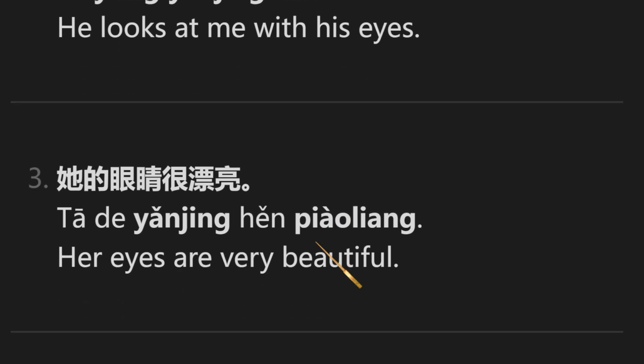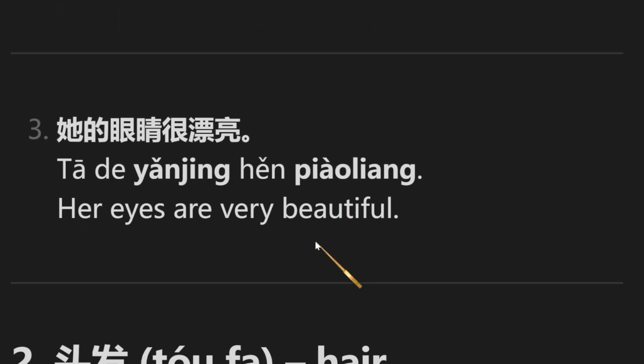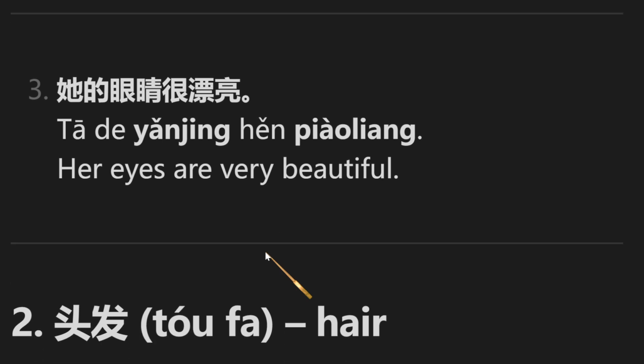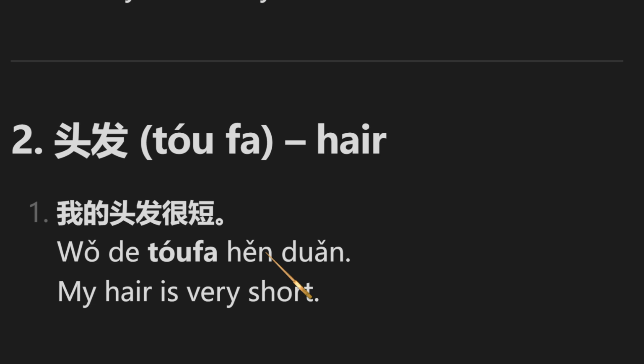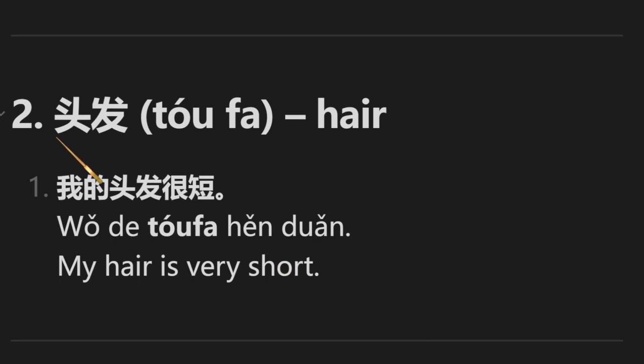Next one. Her eyes are very beautiful. 她的眼睛很漂亮。她的眼睛 her eyes, 很漂亮 very beautiful. This one is pretty easy, right? 她的眼睛很漂亮。